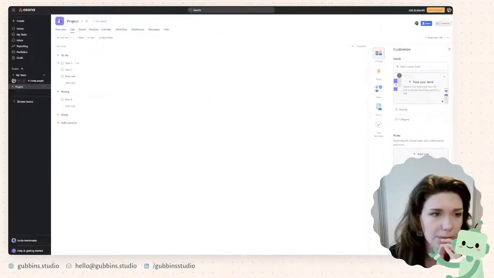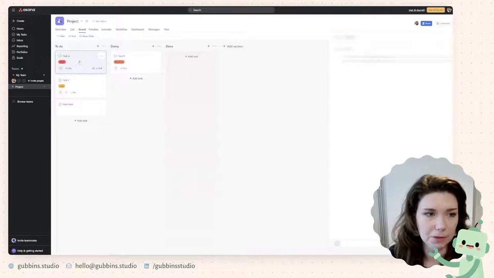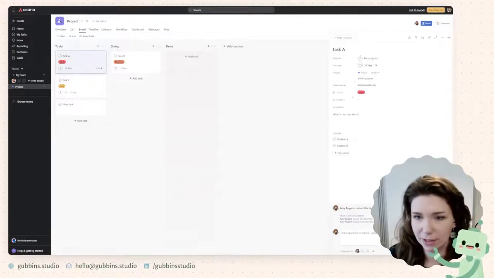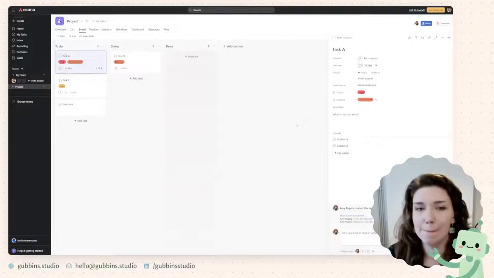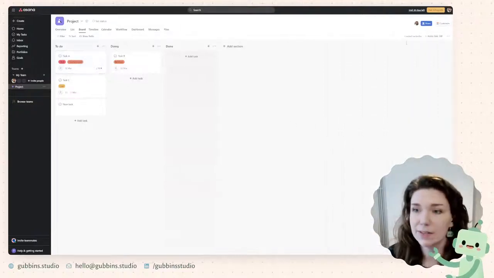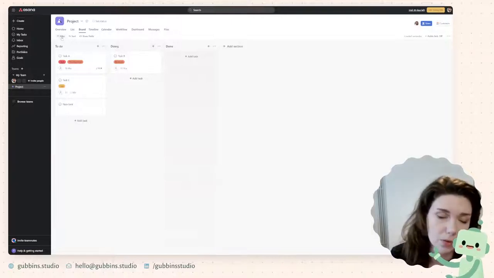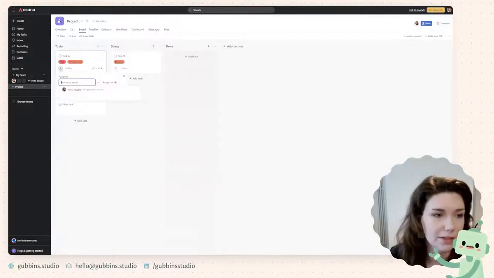That's fine. So in the board view we were looking at before, for each task, you could then come in and select the category it belongs to, and it displays on the card itself. Again, if you just wanted to show stuff that was assigned to you, let's change this.